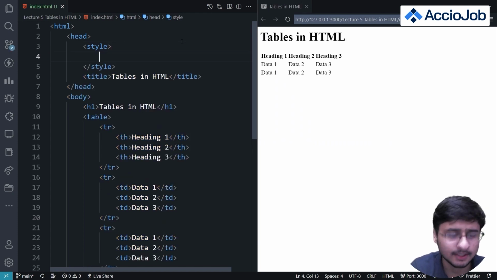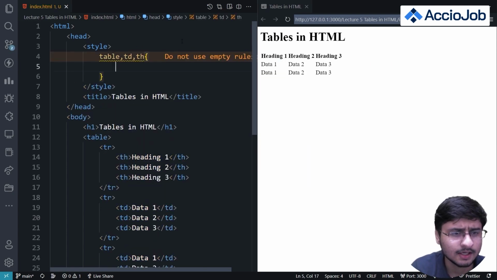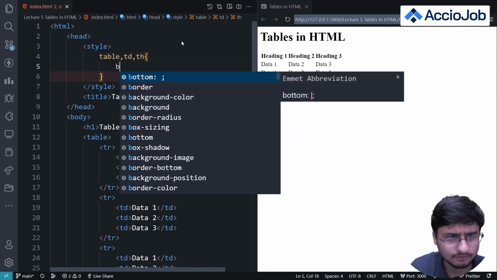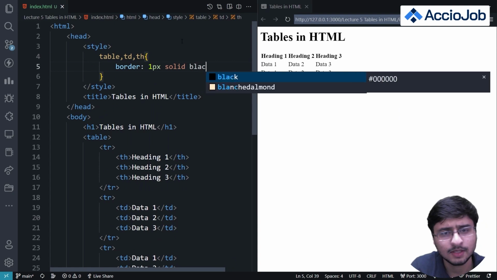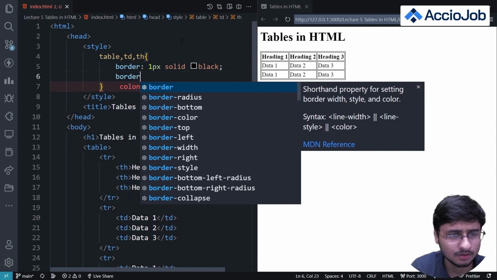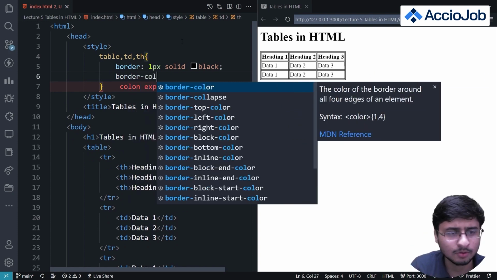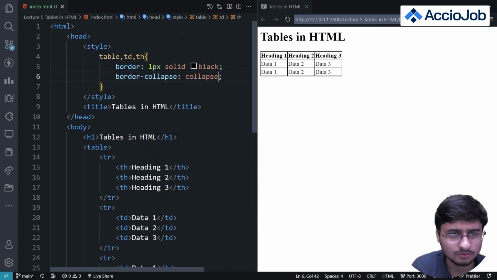So I'll just add a style tag, and inside this I'll select table data and table heading, and give them a style of border 1 pixel solid black, and I'll give them another border property. You don't need to worry about what this code under the style tag is, because we'll be doing this code in future also, right?